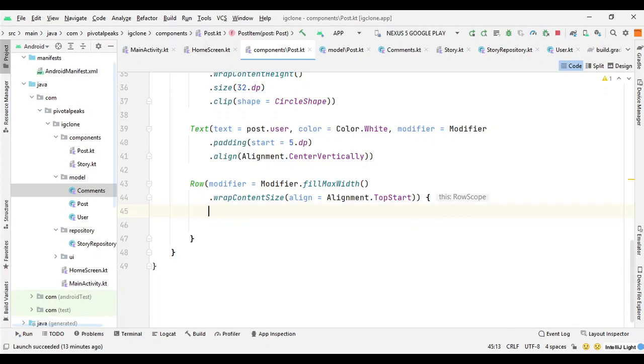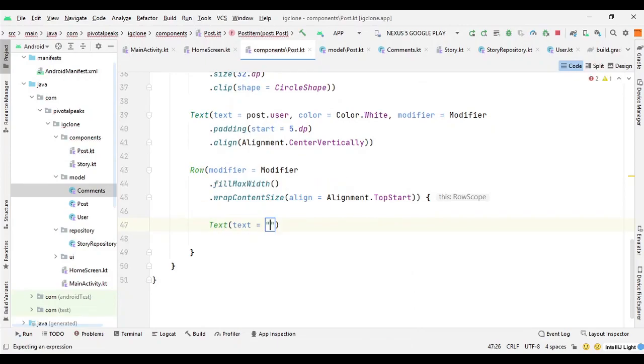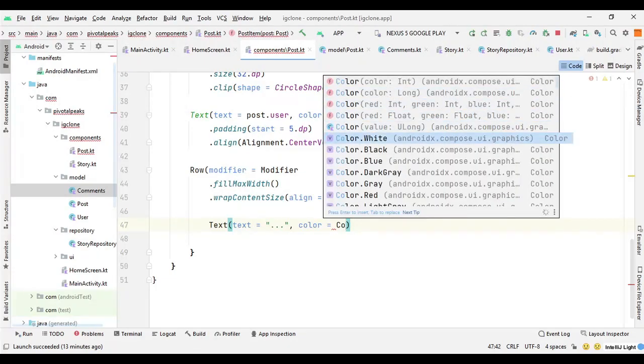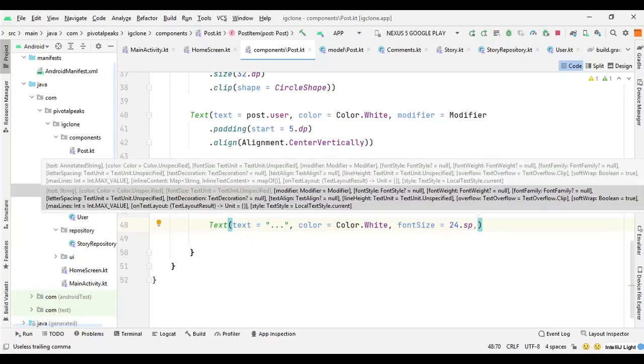So we will say here Text, and for text we will just put the 3 dotted lines, nothing special. And color, we need the white color, and let's also give some font size. So 24.sp, let's import the sp, and let's give a little bit of padding at the end.